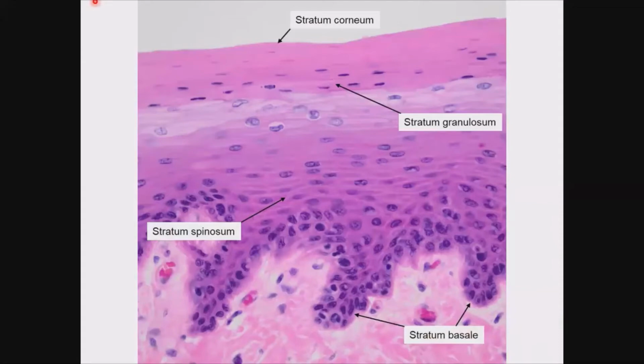This is a very clear, very high power view of this epidermis. The basal layer, this one, is your stratum basale or stratum germinativum, where we have the cells resting on the basal lamina. The cells are very closely packed. You can see the round and oval nuclei, which are very closely packed because of the small amount of cytoplasm.